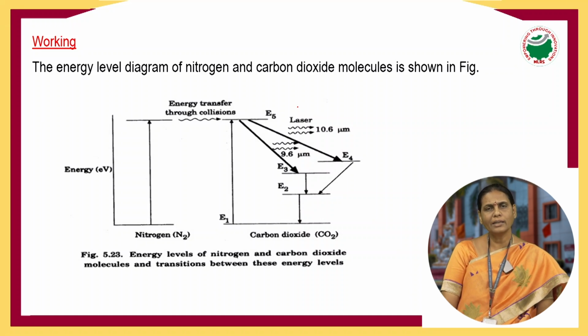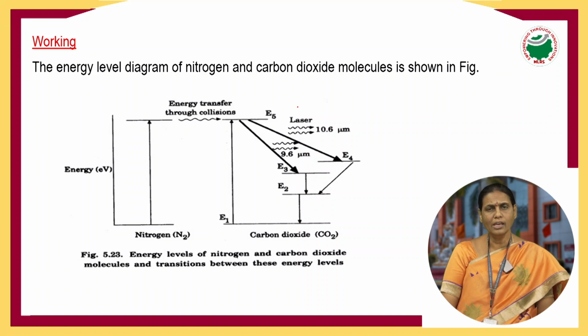That means once the atoms are getting excited to a higher energy state, E5, then an equal number of atoms come into the E4 state and the E3 state. So that's why the transition from E5 to E4 also produces a laser output of a particular wavelength of 10.6 micrometers. That is the highest wavelength, because here in the E4 state a larger number of atoms accumulate and wait for a longer time. So again from there the excitation will take place directly from E5 to E3, because as I told you,